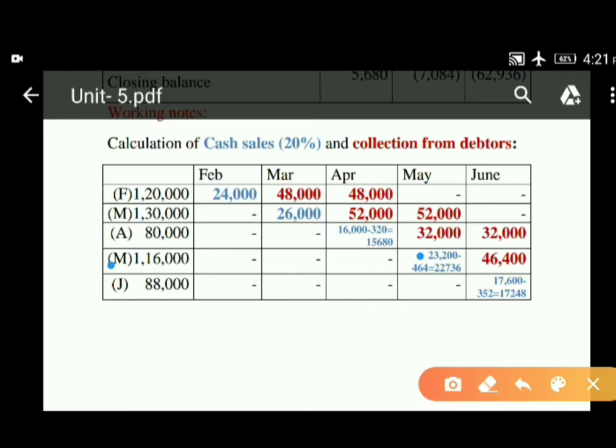But here we didn't take July and August like that, because we need to prepare the cash budget for the month of April, May and June. So these 3 months information is enough for us to prepare the cash budget. We are not going to prepare for the month of August and September, that is why we are not taking August, September columns. Okay, so 46,400 will be collected in the month of June and remaining 46,400 will be collected in the month of July. And next, coming to June amount,